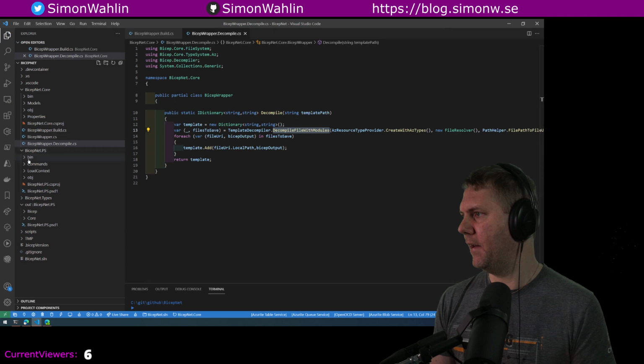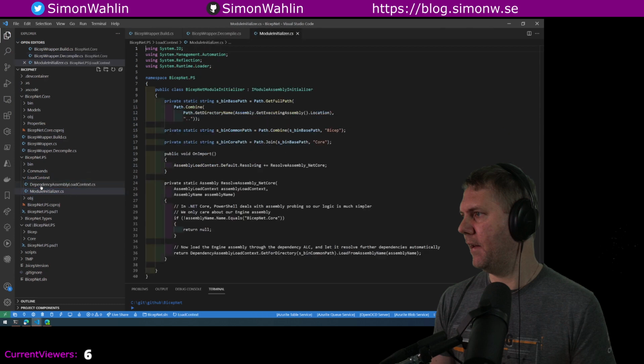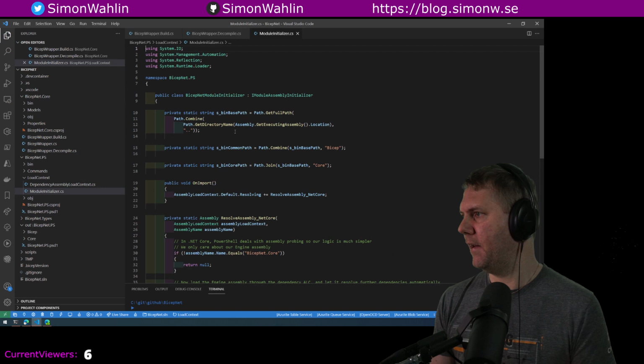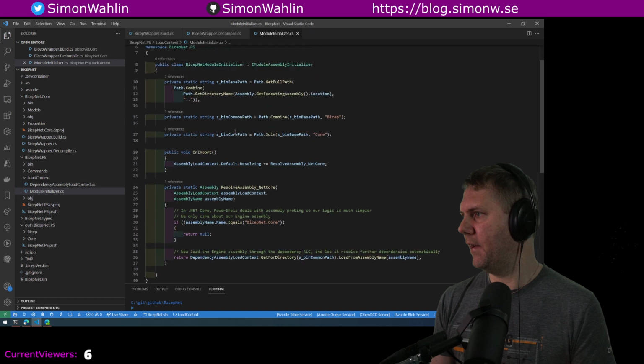And then we have the PowerShell module, and the PowerShell module has a load context. So here I actually create a module initializer. This code is not mine. I've just borrowed it from a blog post I referred to earlier. And this basically just takes these folders, Bicep and Core I talked about, and it will say every time we load an assembly, we will have an